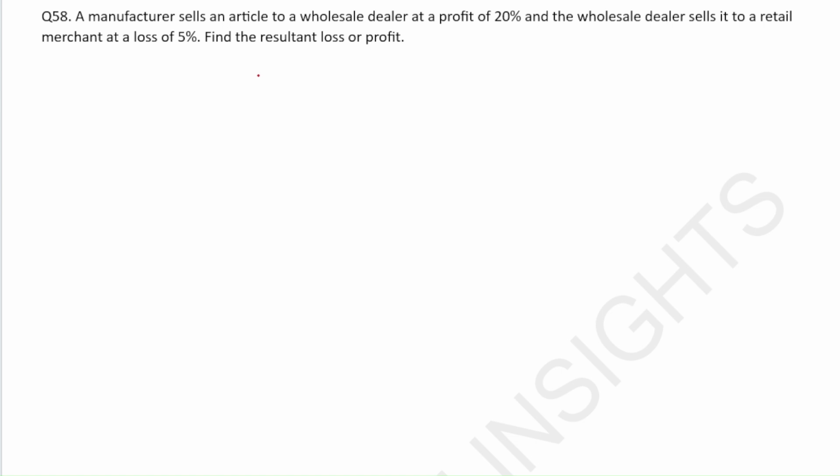Next question. A manufacturer sells an article to a wholesale dealer at 20% profit, and then the wholesale dealer sells it to a retail merchant at a loss of 5%. You have to find the resultant profit or loss. Resultant profit or loss means the total profit or loss in this buying and selling. Profit 20% means it will be 120 by 100, right? Into loss of 5% means it will be 95 by 100. So if you solve this,